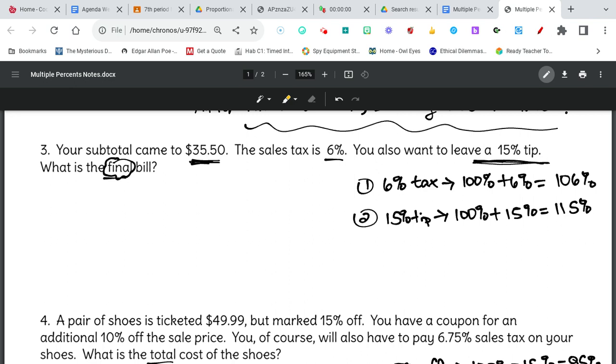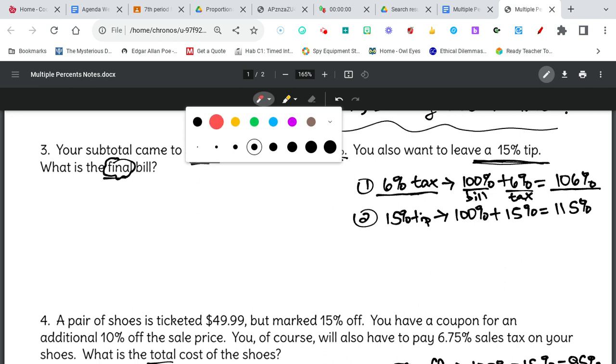So I want the bill after the tax and after the tip. So these are going to be things I add on to the $35.50. All right, so let's take a look. First of all, you're going to pay a 6.5% sales tax. There's your 6.5% tax. Well, you got to pay 100% of the bill, plus you got to pay that tax. So 100% of the bill plus the tax, which means you got to pay 106% of that